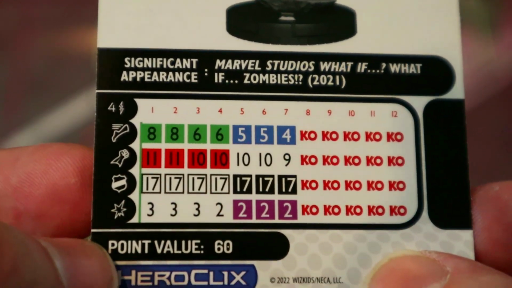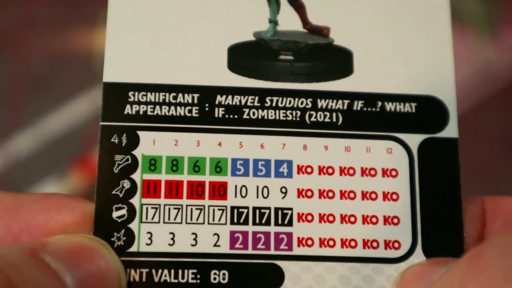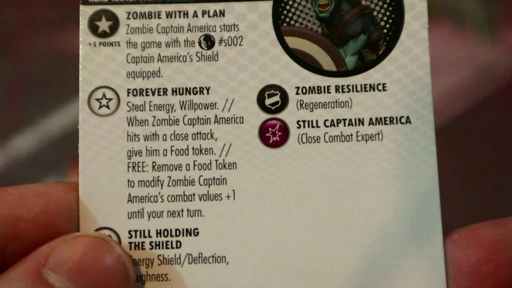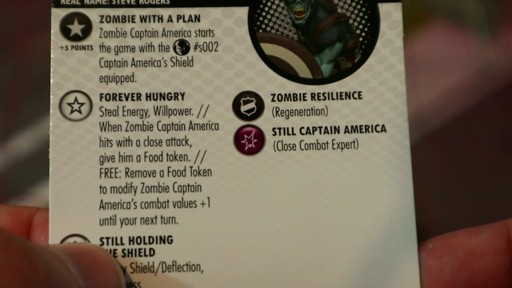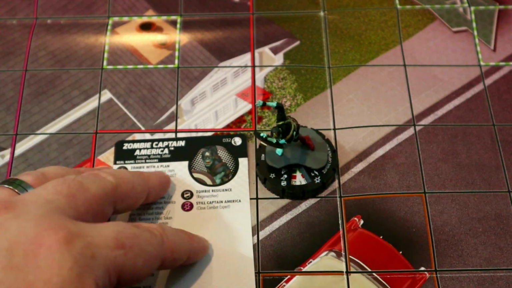Yeah, Charge Blades and the full dial of Steel Energy from the trait. Some regen as well with Close Combat Expert. Really helps out there at the end. And yeah, Steel Energy Willpower really helps keep him going. The food tokens, the +1 all stats. You know, he could be pretty nasty for only 60 points, or 65 if you want to give him the